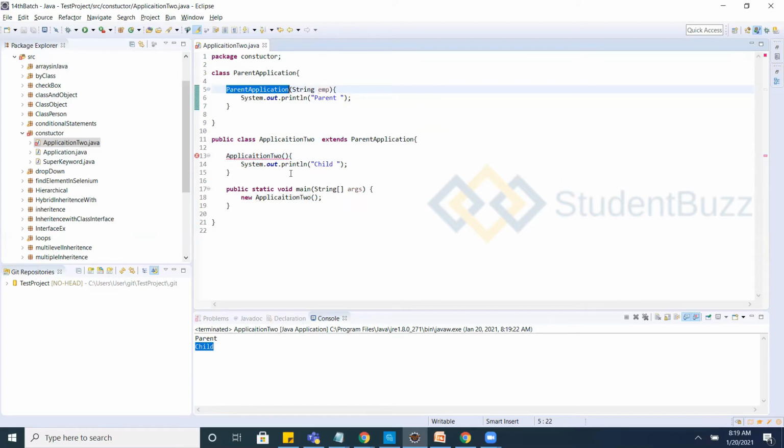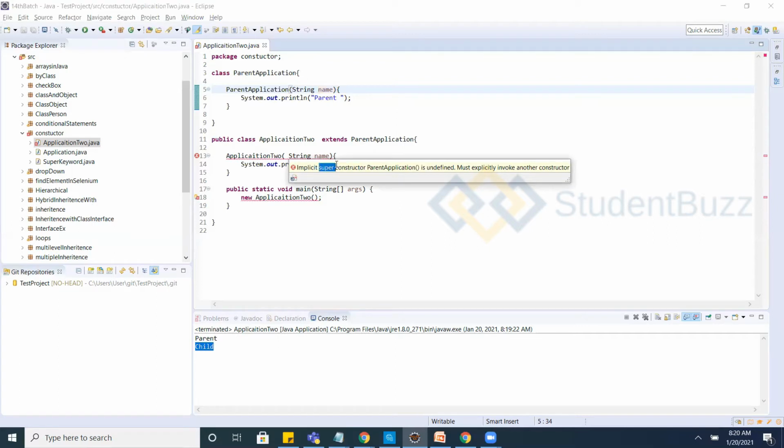If you want to call this parent class constructor into this, what is the error? It is throwing an error like implicitly super parent application is undefined, must explicitly invoke another constructor. See here, implicitly the super constructor, which is the parent constructor, is called on your behalf.